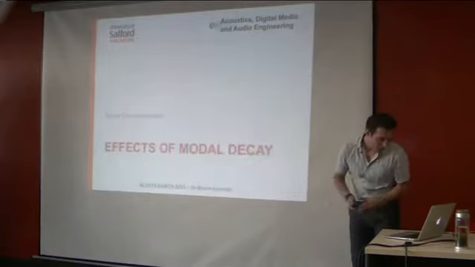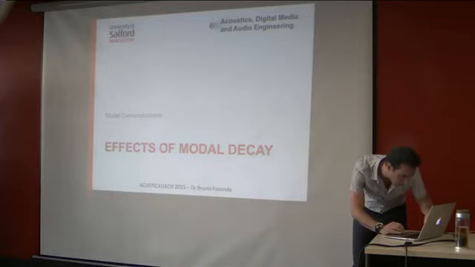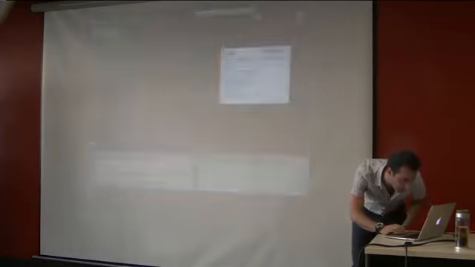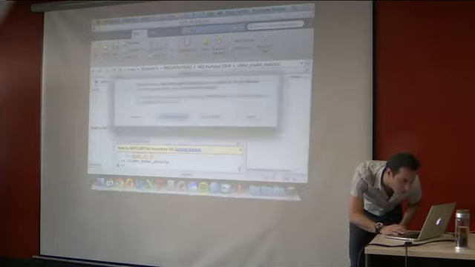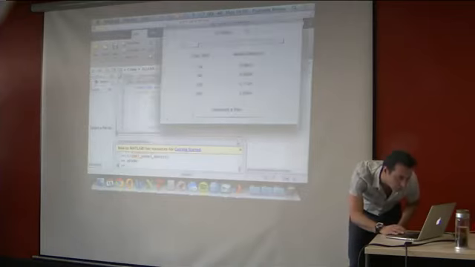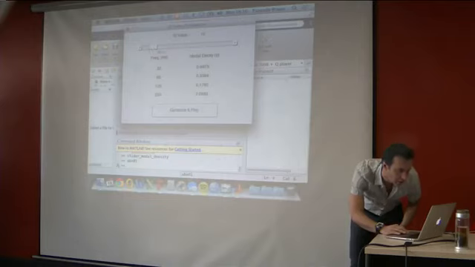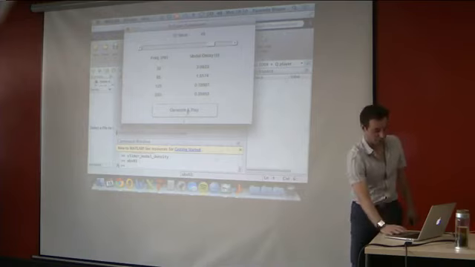Okay, so just with music, I think you might be interested in listening to how it sounds. So here's an example. If we run the music, this slide basically changes the modal decays, and you'll be able to hear the differences that the subjects were being presented with. So something like,